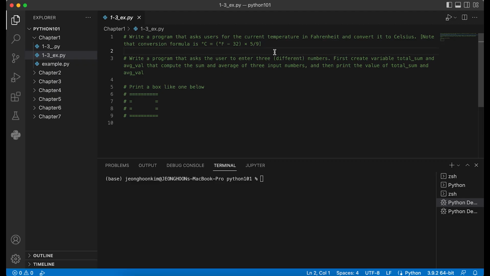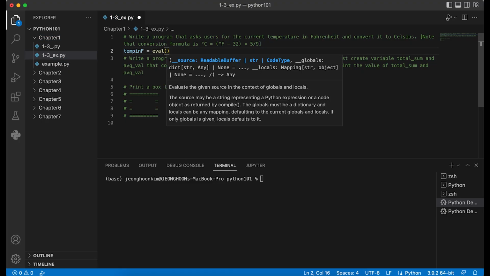Okay, so what we first need to do is get the input temperature from users and convert it to numbers. So we want to store it to temp in Fahrenheit is equal to, we're going to use the eval function to convert it to a number, right?